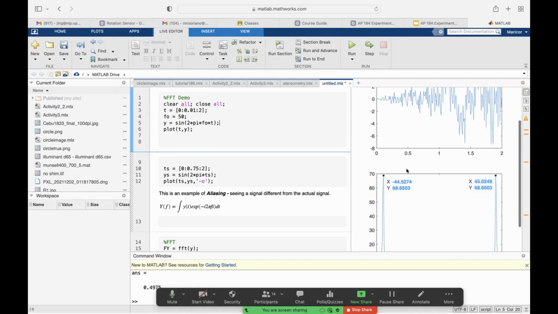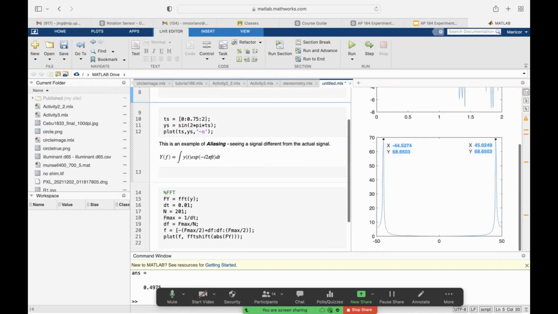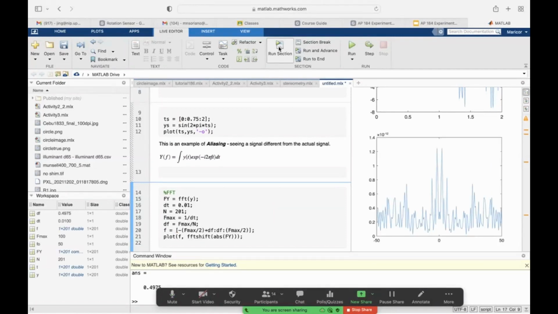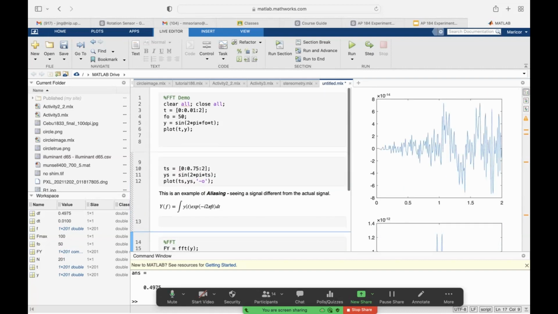Wala na yung ginawa natin kanina. Ano na kaya mangyayari dito sa Fourier transform nito? 10 to the negative 12, and it doesn't make sense, right? What happened here? Ito yung sinasabi ko, guys, na the choice of your sampling interval gives you the limit to